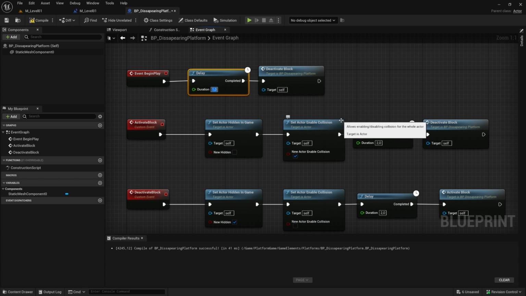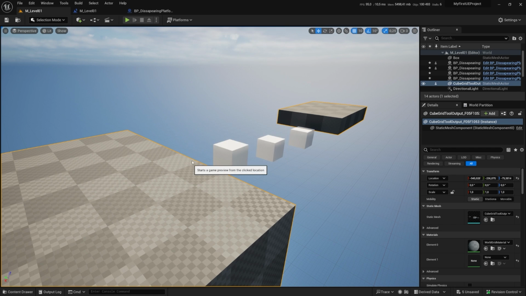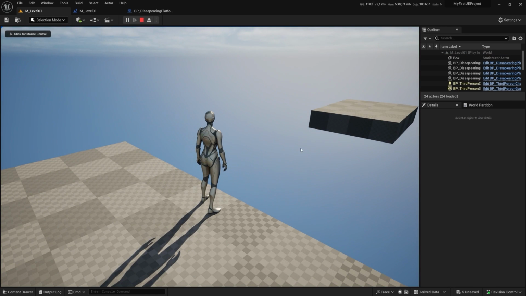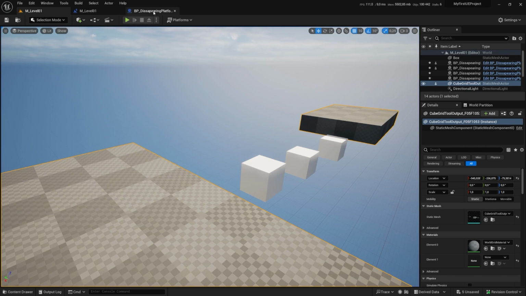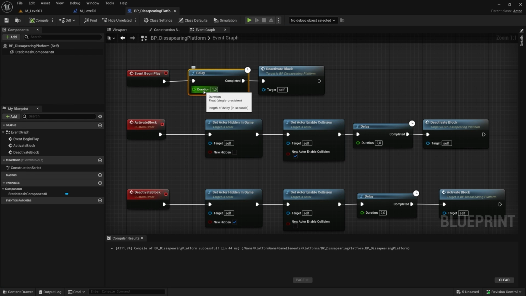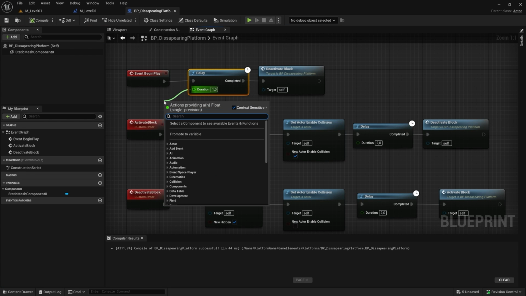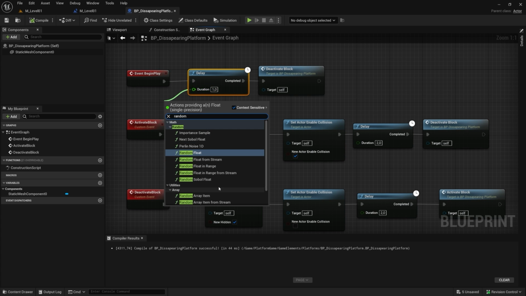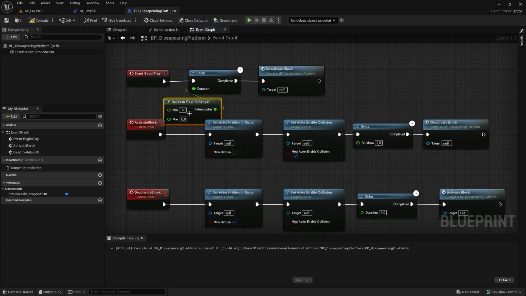If I put 1 second, well, compile and save, everything will be delayed by a second and then it will start. But I can either make this a random number, random float in range, and I want it to be between 1 second and 2 seconds. Let's save, compile,